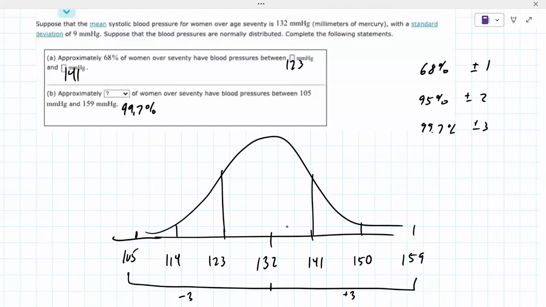The chart really helped. Yeah, I did that, but I just gave